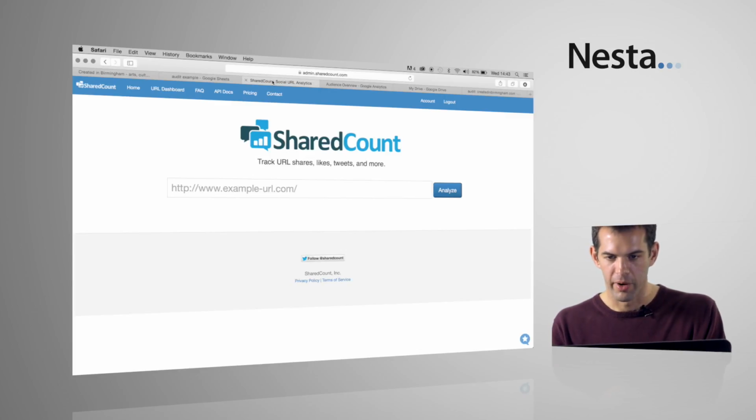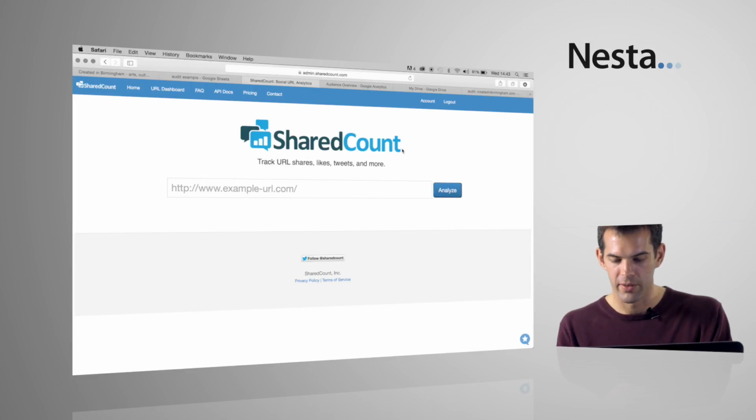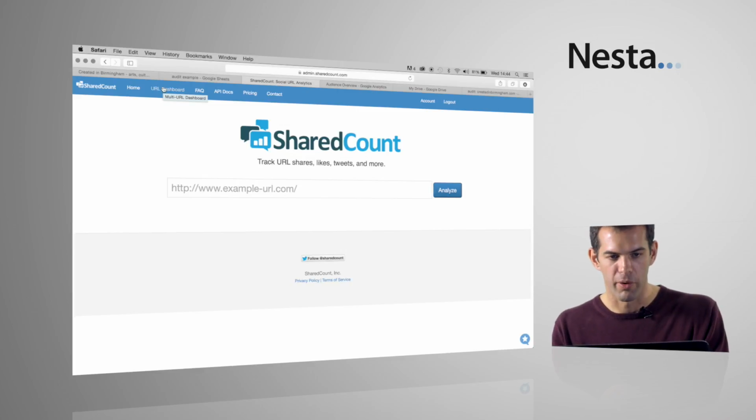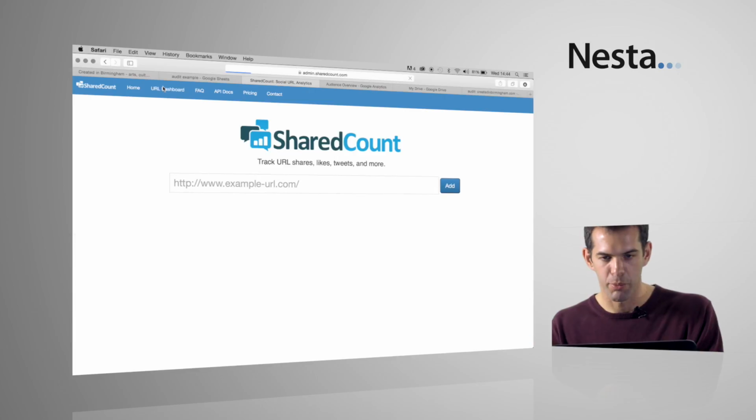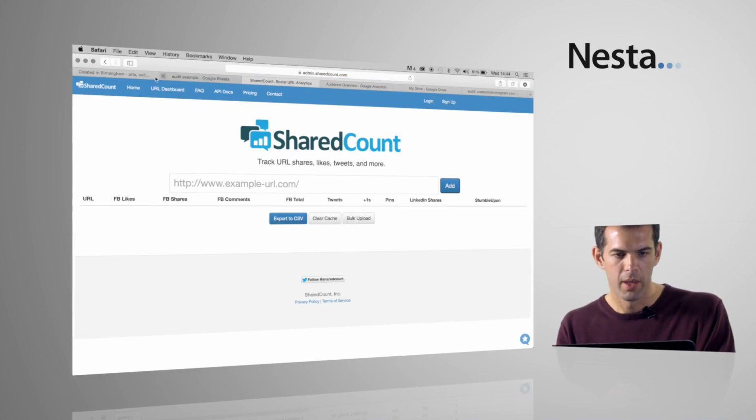This is what SharedCount looks like. You can add a single URL to this and it will give you stats about that. If you log in, it allows you to do 1,000 of these lookups per day, which is plenty for our purposes. Once you've logged in for a free account, if you go to URL dashboard and click on bulk upload,